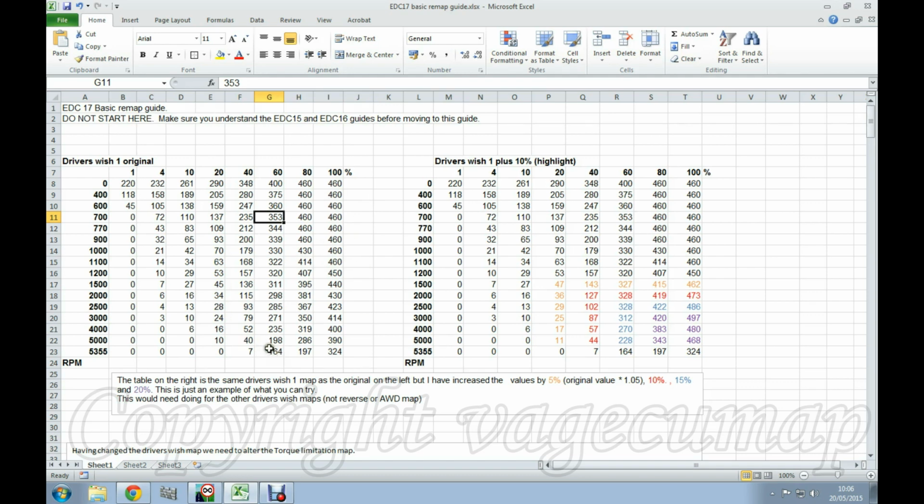And in fact, you could argue that being a diesel, you're not even interested in this area right over in the corner. You could argue that the tunable area is perhaps more like this area here. But I'll leave that for you to decide, because it's pointless me telling you what you should or shouldn't tune. I'm just giving you a view of how you could tune, and then what you choose to do as a result of that is up to you.